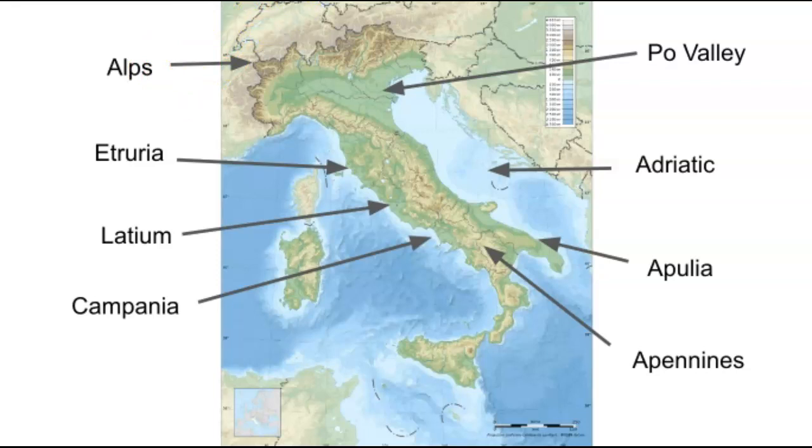Okay. Now let me begin here by taking a look at the mountain ranges. Two main mountain ranges I want you to pay attention to. The first is the Alps, the largest mountain range in Europe, which blocks off, in a sense, Italy from Europe, but a very important feature. And then what we have right up the center of Italy, from the top to the bottom, is a mountain range